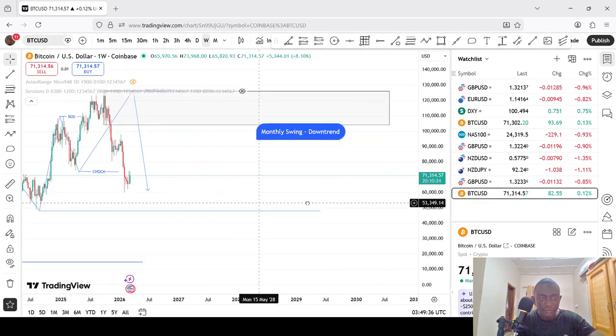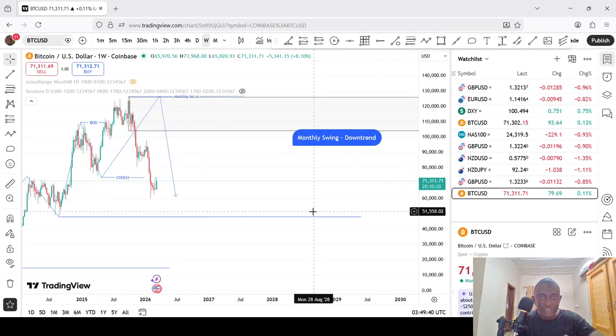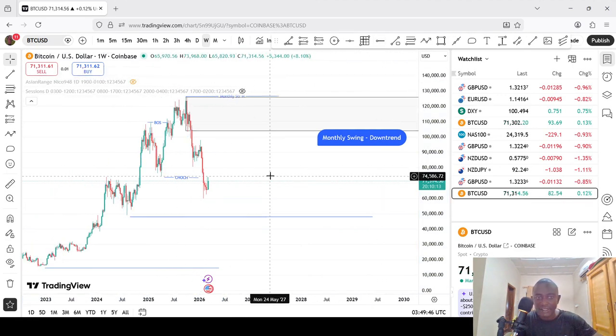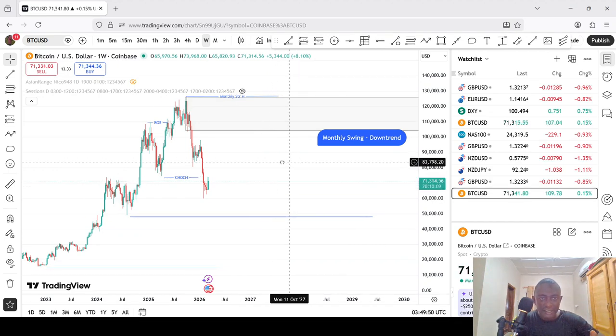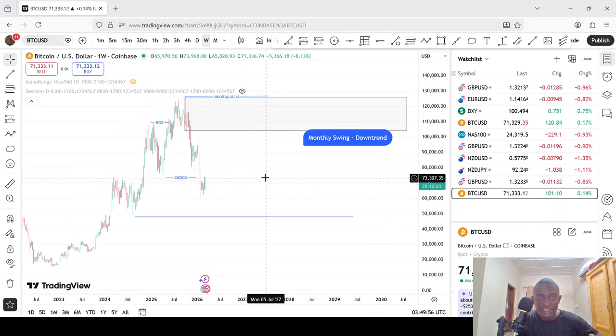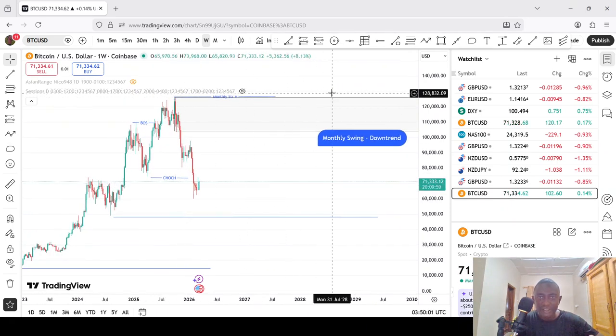Okay. So once these are marked, I'll just clean the swing. We just want the chart to be simple, very clean. You get it? Very, very clean. So the next thing is, now we have the monthly supply zone as drawn on the chart. So we can see here clearly that on the weekly basis,